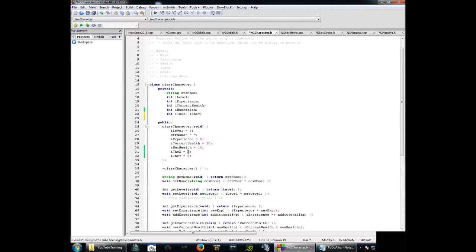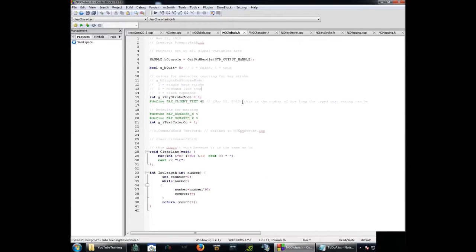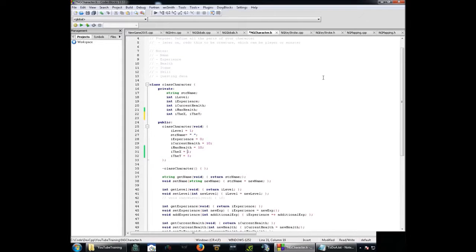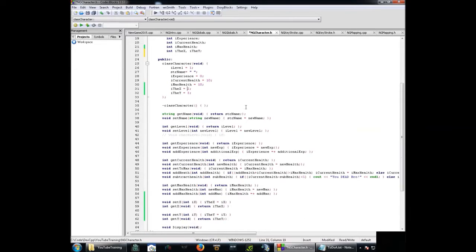I can predefine these here. For example, starting map square X and map square Y, if I feel like it. But ideally, when we get to save and load, we'll have a file that predefines its starting place at X and Y. And with all that